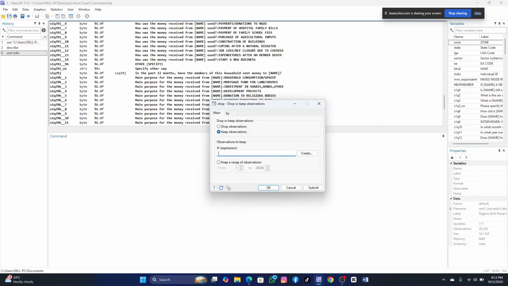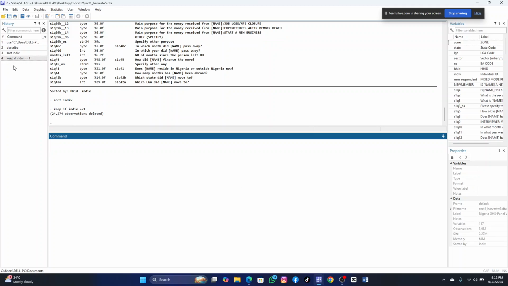Let's say I want to keep if individual is equal to 1. You see, this is keep if. It has deleted those ones that are not household head. If it's variable too,